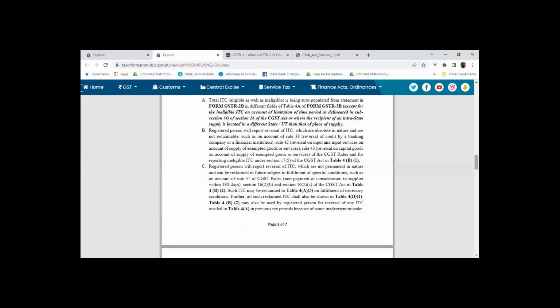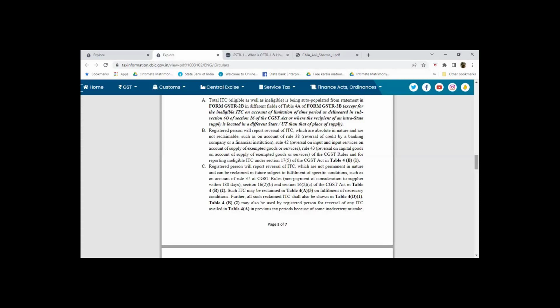Rule 42, reversal of inputs and input services on account of supply of exempted goods or services. And Rule 43, reversal on account of capital goods on account of supply of exempted goods or services of CGST rules, and for reporting of ineligible ITC under Section 17, Subsection 5 of CGST Act,